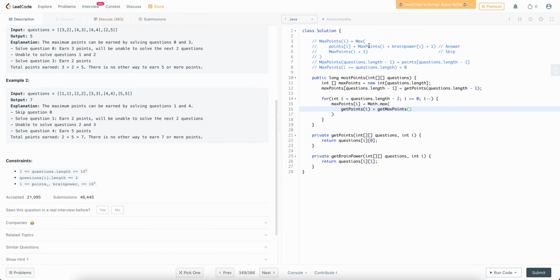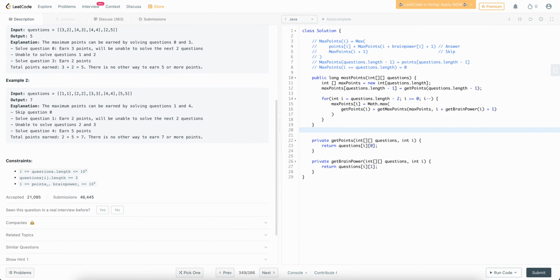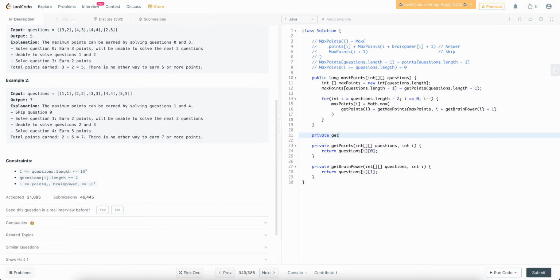So I'll say get max points I plus get brain power I plus 1, and I'll pass in max points. So our get max points can just be